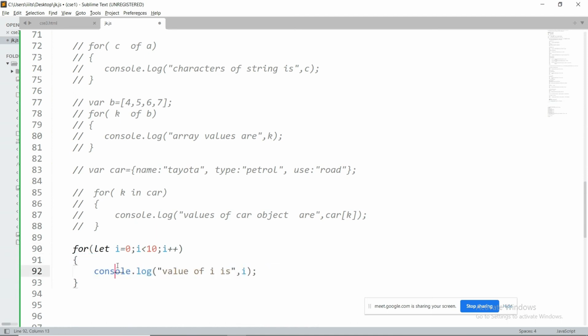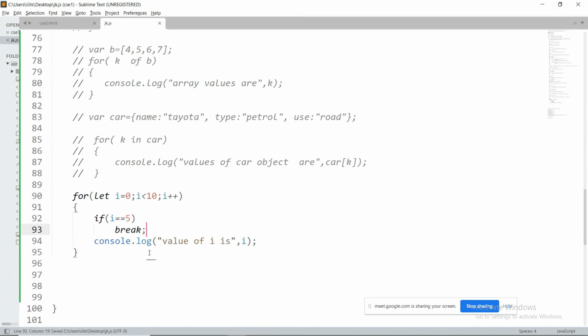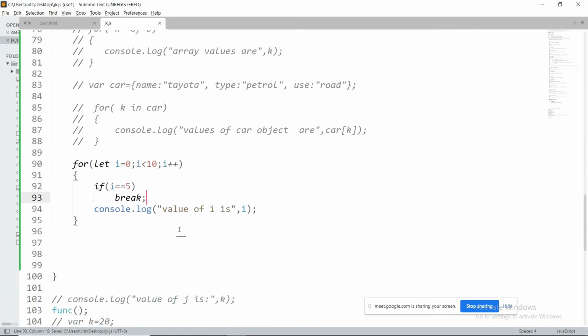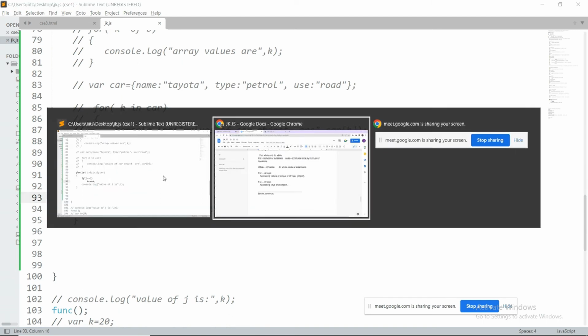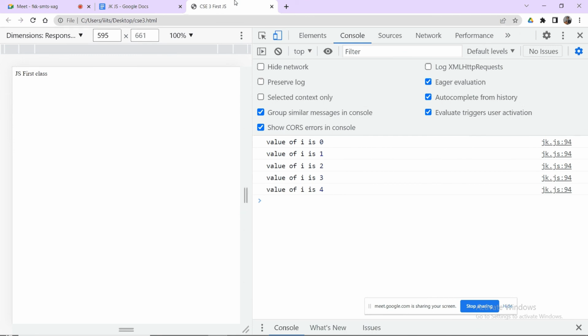If i double equal to 5, I need to break from this block. Now what output do I expect here? When this condition is satisfied, I encounter a break keyword, which exits the for block itself. So your answer will be 0, 1, 2, 3, 4.